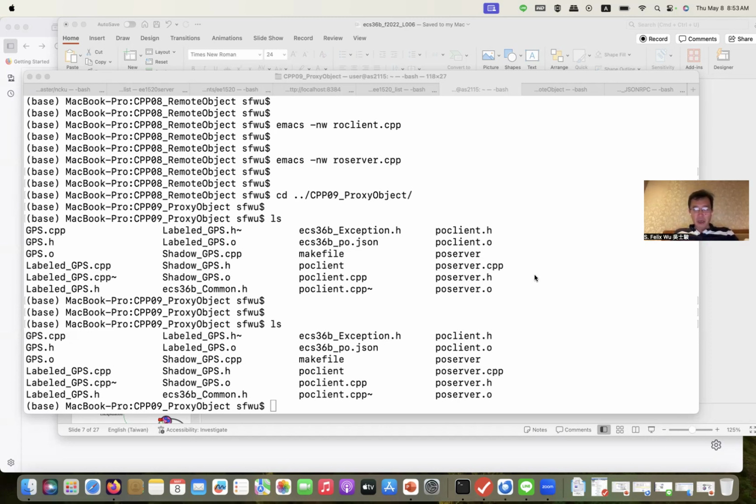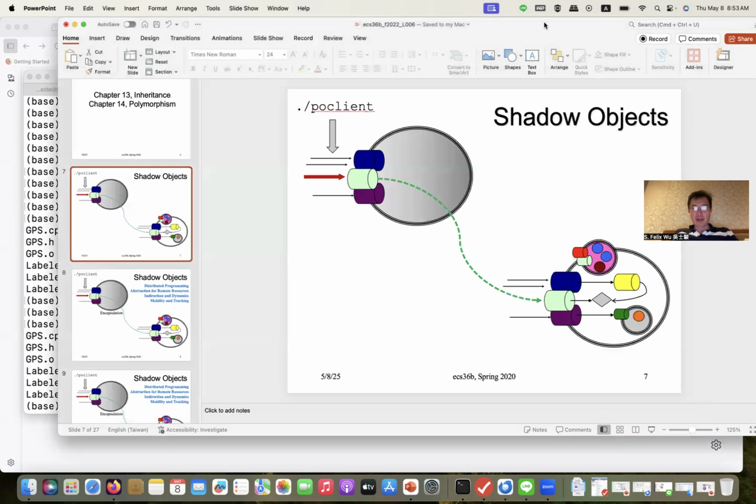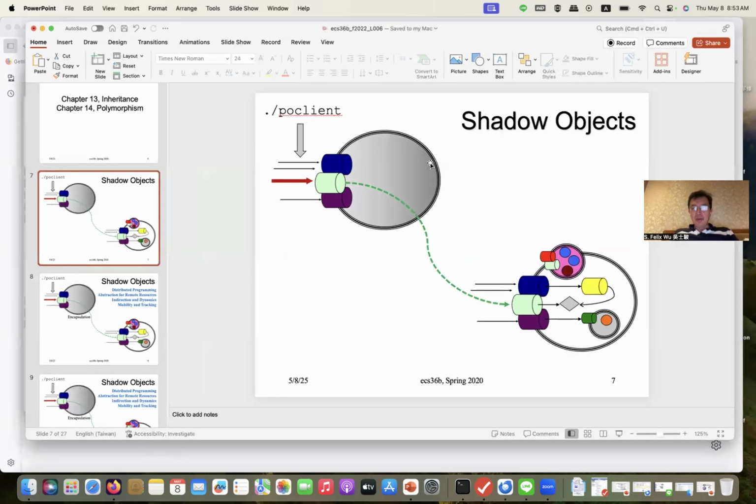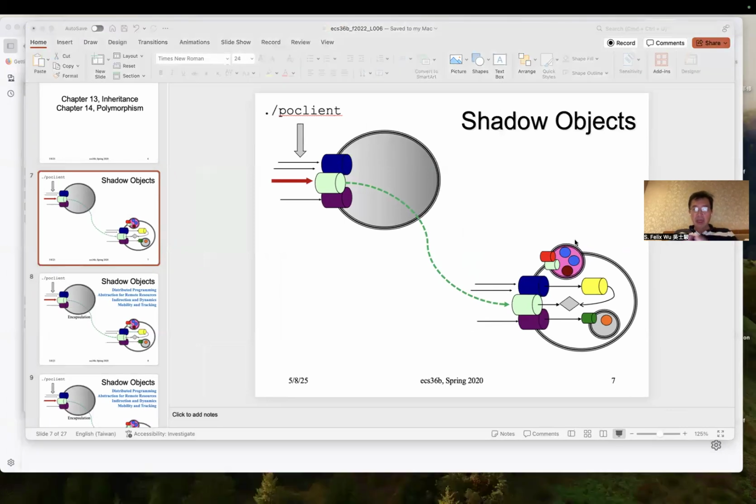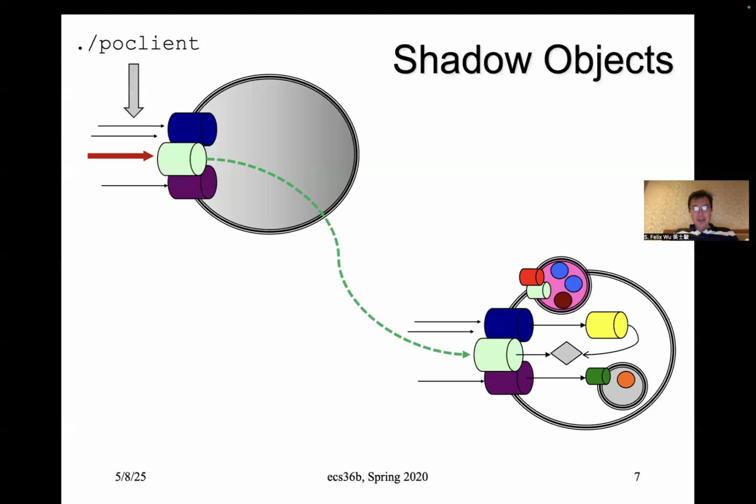So today we're going to talk about CPP09. And let me conceptually explain what CPP09 is. CPP09 is a concept about, sometimes I call it shadow object, or sometimes I call it proxy object. So in CPP07, what we did is what we call a remote object, meaning that this object is remotely at one of the server,